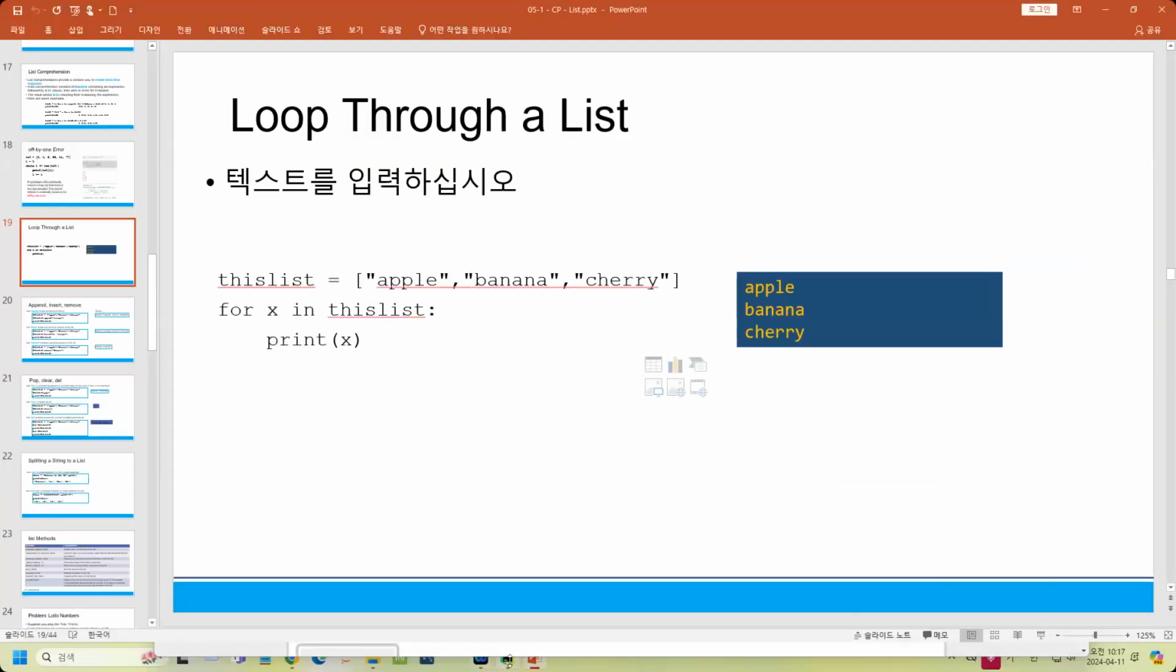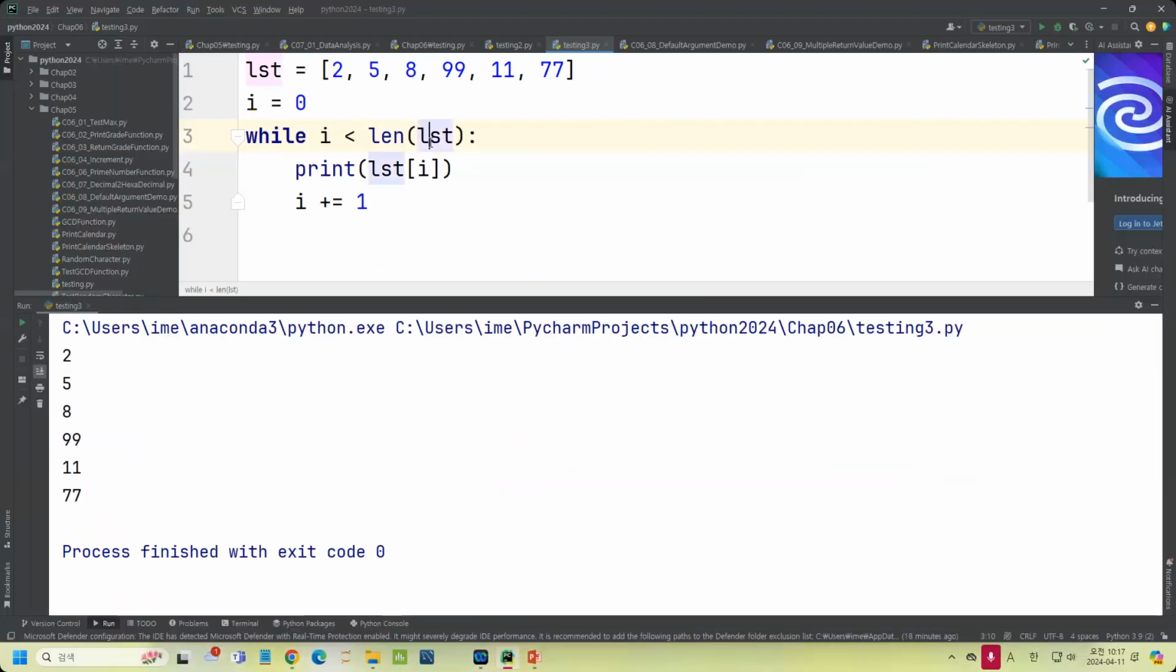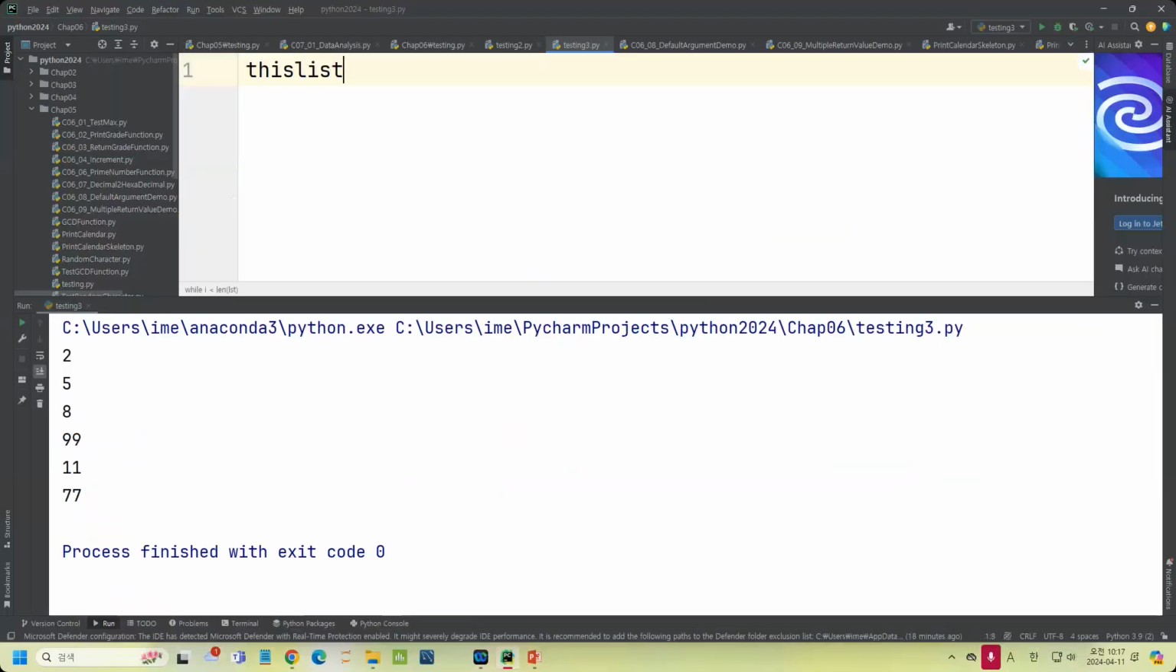Okay, then I can do this: apple, banana, okay, I have cherry. And then when I want to do the for loop,